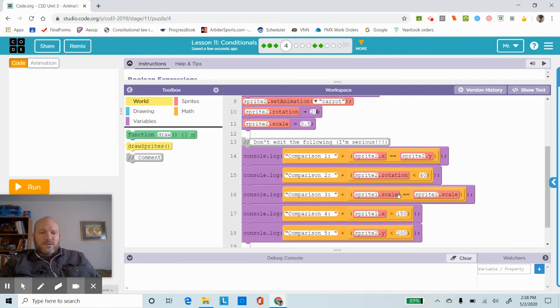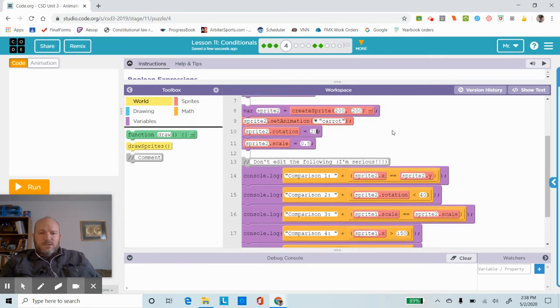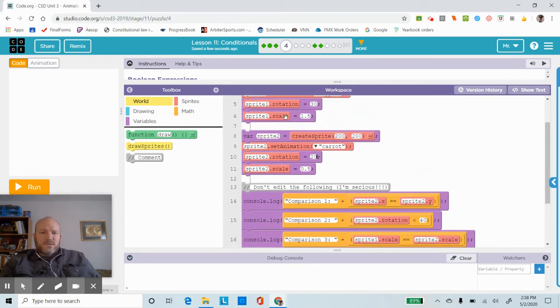And then we go down here to comparison 3. Sprite 1 dot scale is equal to sprite 2 dot scale. So we have sprite 1 dot scale is 1.5, sprite 2 dot scale is 0.5. Let's change them both to